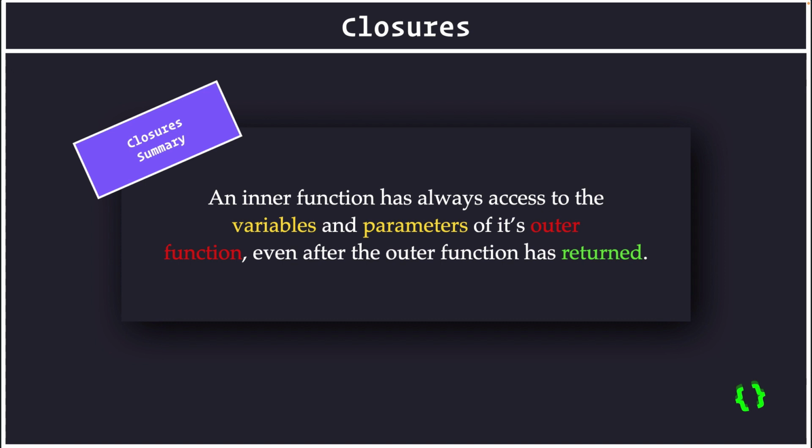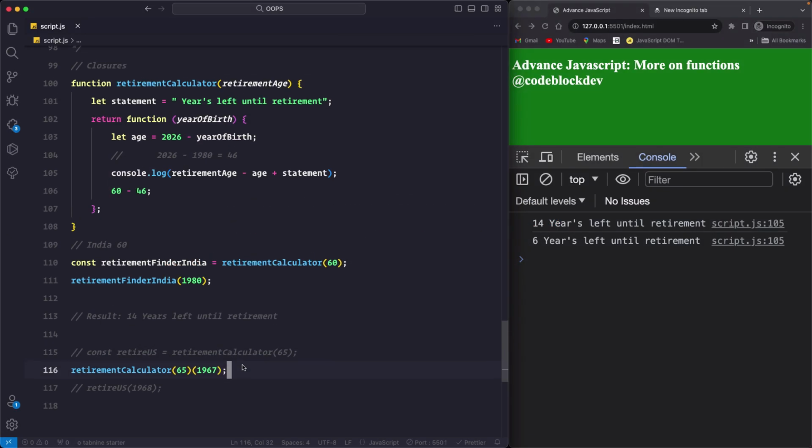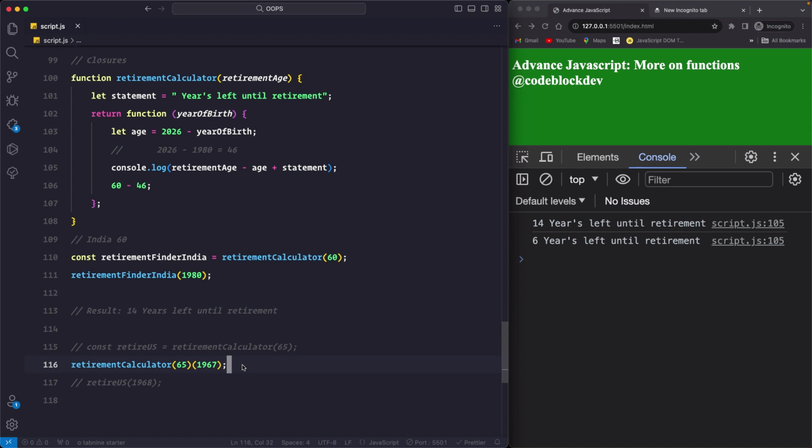Let's now write a few more lines of code and then we will wrap up our closure section. And now again, if you want to find how many years are left until retirement for another country, you can reuse this function. So just call it, and let's assume that we are finding the retirement age for Iceland.